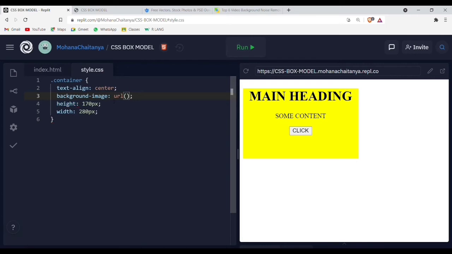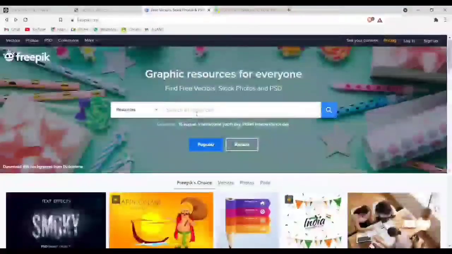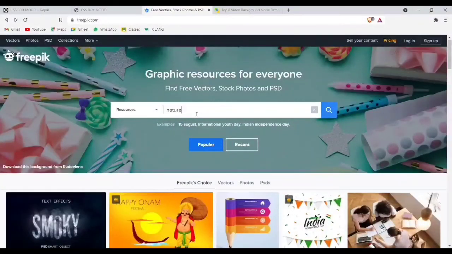In url, you can give any kind of image URL. Let's go to a website called Freepik. We have many images we can use.